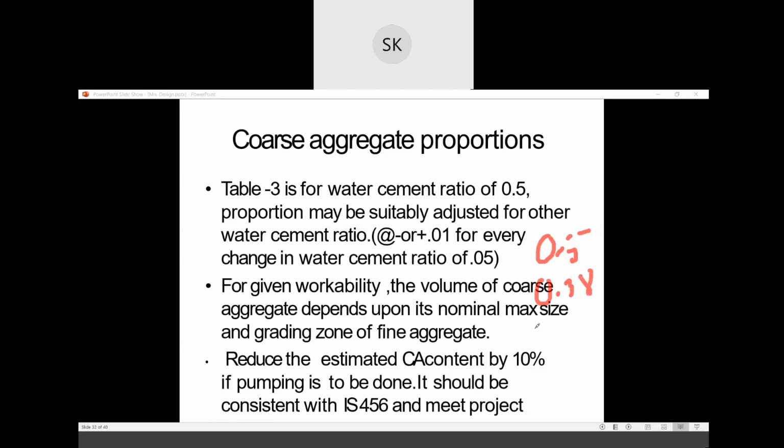We have a difference of 0.12. It said there will be some changes for every 0.05. So here, how many 0.05? It will be 2, right?